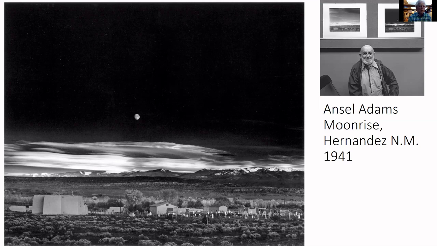This is Hernandez, New Mexico. But it's very similar because it's adobe and it has the same sloping. You can see the cross here on the church. This is the apse end of it where the altar is. So it's got a similar kind of construction, but yeah, good observation. I hadn't noticed that at all.